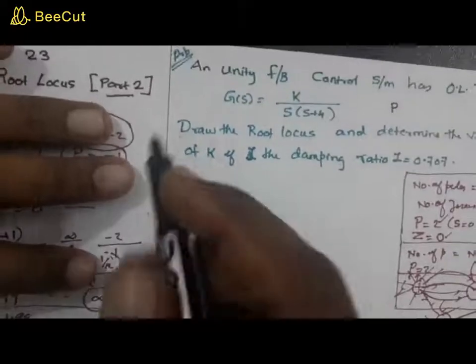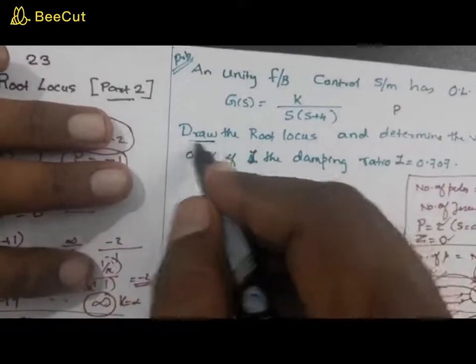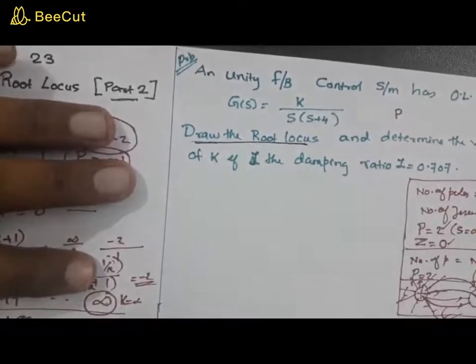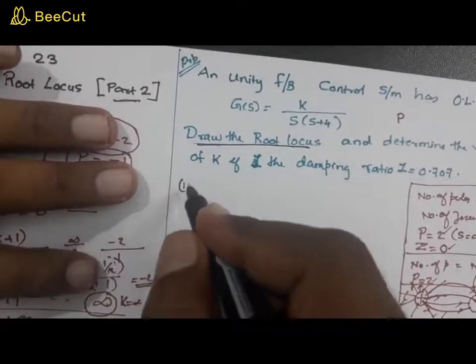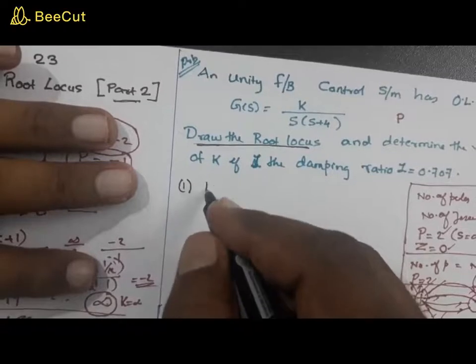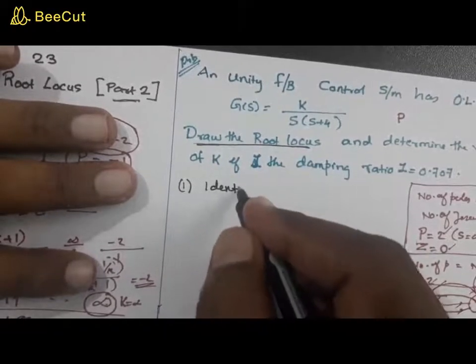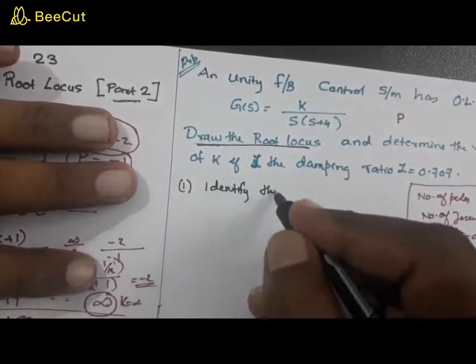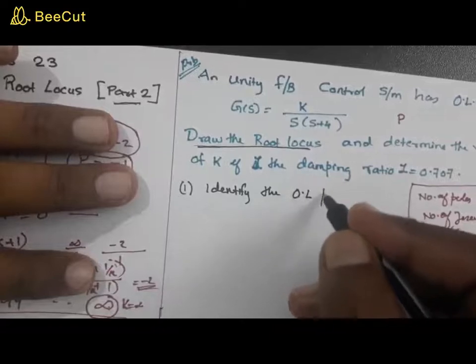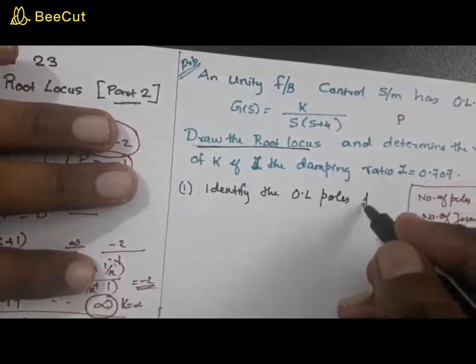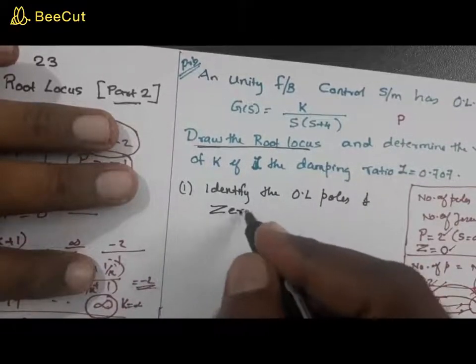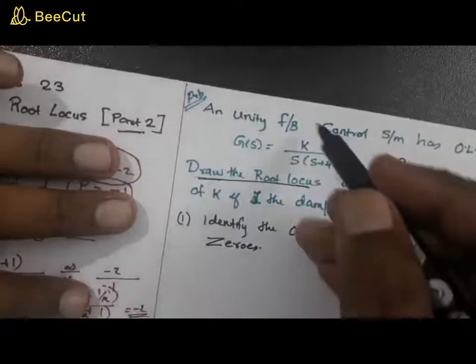Now let's move on to the problem. The first part is to draw the root locus. In order to draw the root locus, the first step is to identify the open loop poles and zeros. Open loop poles and zeros, so that you will get from this